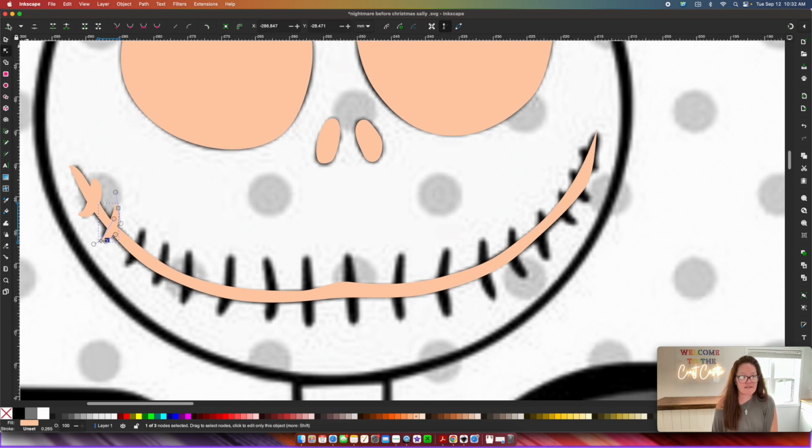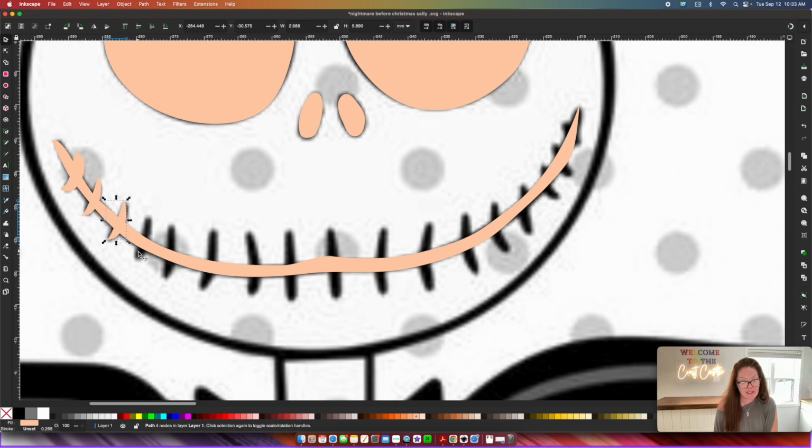Okay, when I have that done, I'm going to use the arrow tool and I'm going to Command D, which is duplicate, and I'm going to drag my duplicate down, and that seems to look like the same stitch, so I don't even have to do anything. Okay, Command D, which is duplicate, we're going to drag this down. This one needs a little bit of work, so I'm just going to go into the nodes tool and I'm going to readjust my nodes and my lines to fit my needs. Okay, when you're done, then just go up into the arrow tool, Command D, which is duplicate,